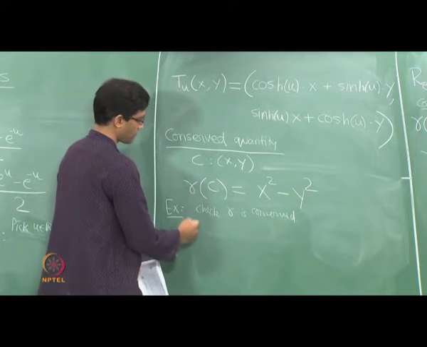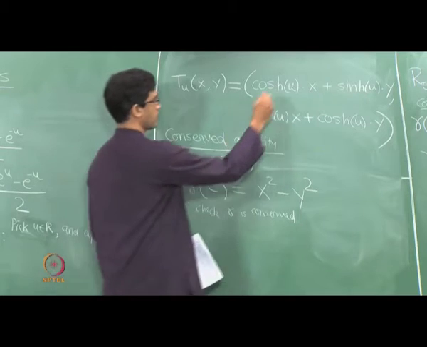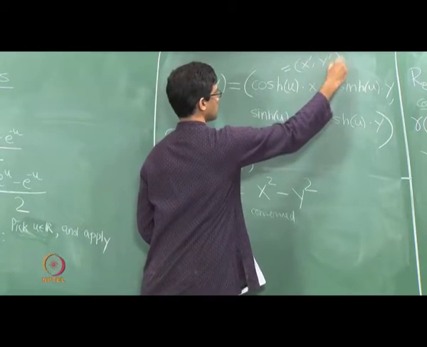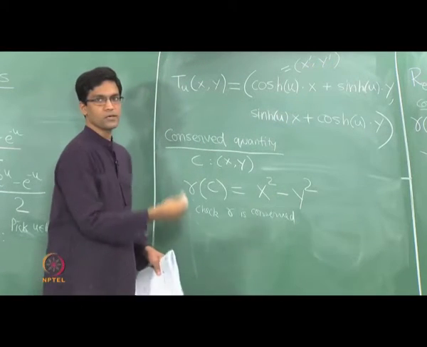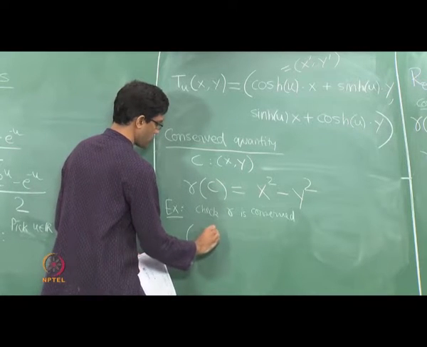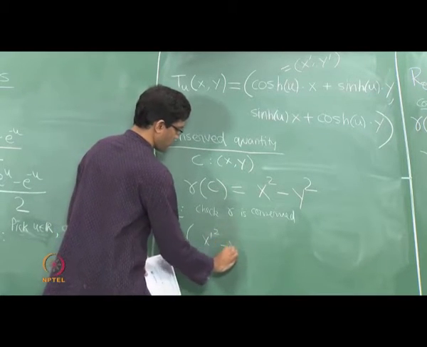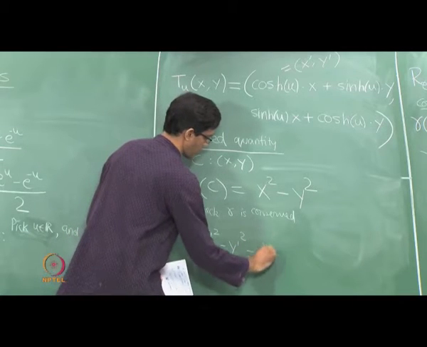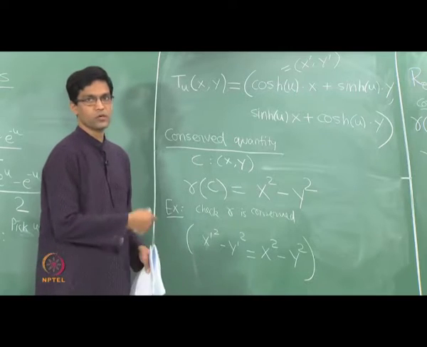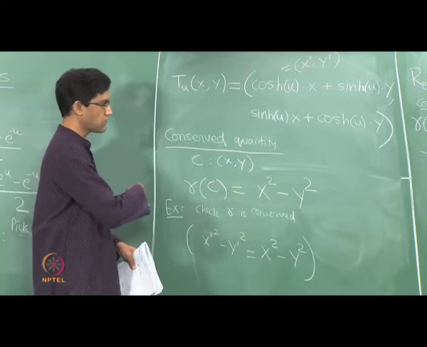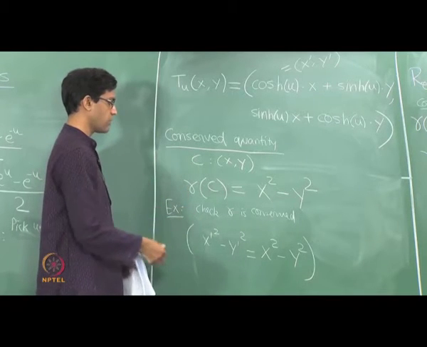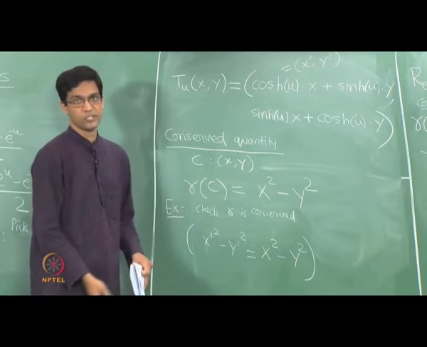And how do you do this? You have to do pretty much the same calculation we did earlier. You call these x prime and y prime, the two. So these become the new coordinates of the new configuration of the system, and you will have to check that for this new x prime and y prime, the difference x prime squared minus y prime squared however remains the same as the old difference. Just like we checked for the cosine and sine case, that the sum of the squares remains constant. Here after applying T_u you get a new x prime, y prime whose difference of the squares remains a constant.